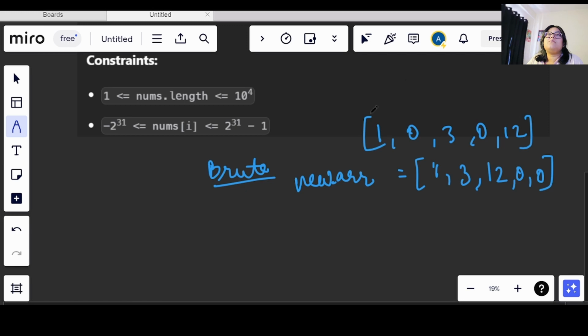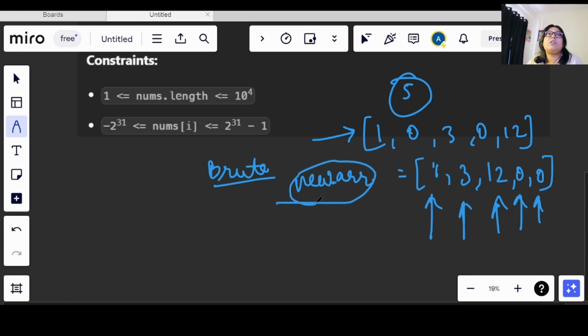Let's say the length of this array is 5. Whatever values are there, first we will copy those which are non-zero, and then again we will iterate and check how many values are left, and those we will fill up with zeros. So in this we are making a new copy of the array. We cannot do this.